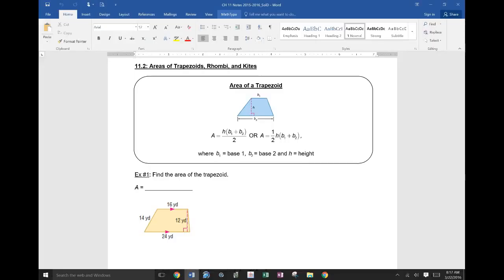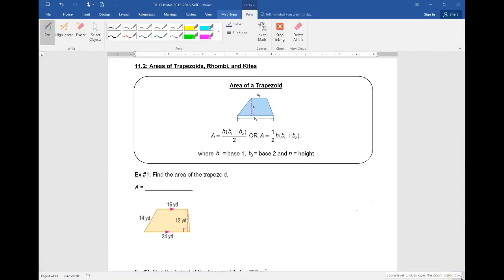And today we're talking about trapezoids. So we learned how to find the area of a triangle and a parallelogram. Today, trapezoids. So this is a trapezoid, and